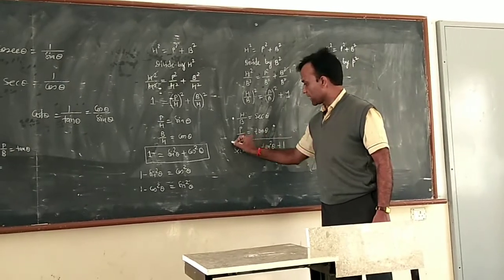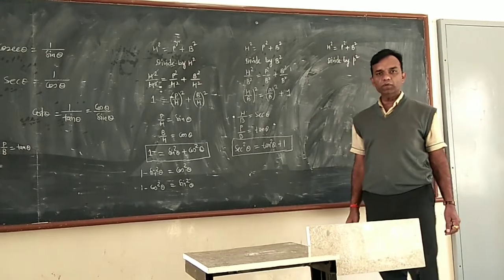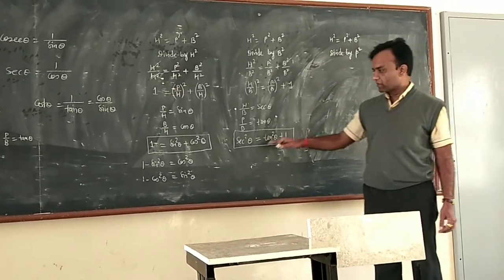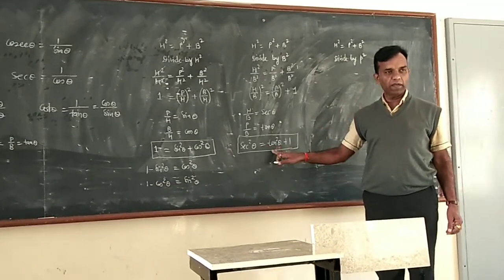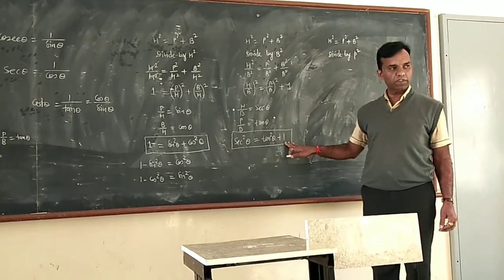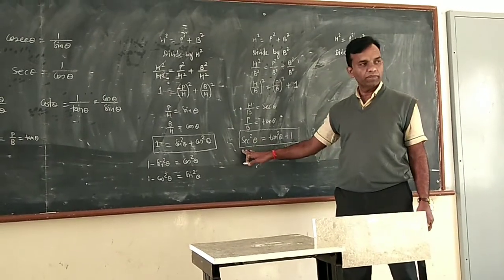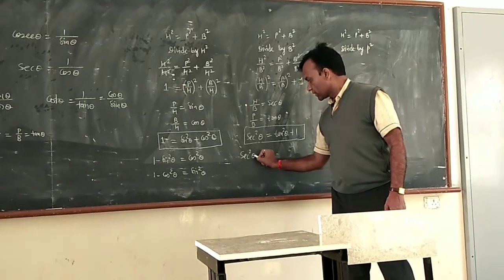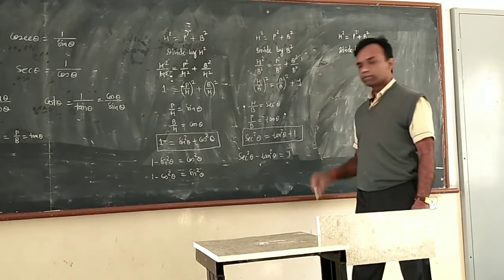So this is the second identity you form with the help of Pythagoras theorem: sec square theta equal to tan square theta plus 1. Now again similarly the same situation is here. Now again you form two more identities with the help of this identity. You have sec square theta equal to tan square theta plus 1. This is the first one, and now you replace tan square theta on the left hand side. Then you have sec square theta minus tan square theta, which is equal to 1.